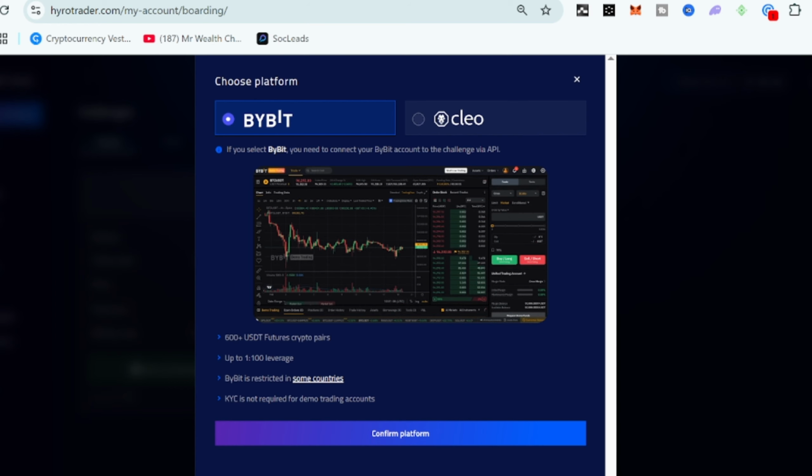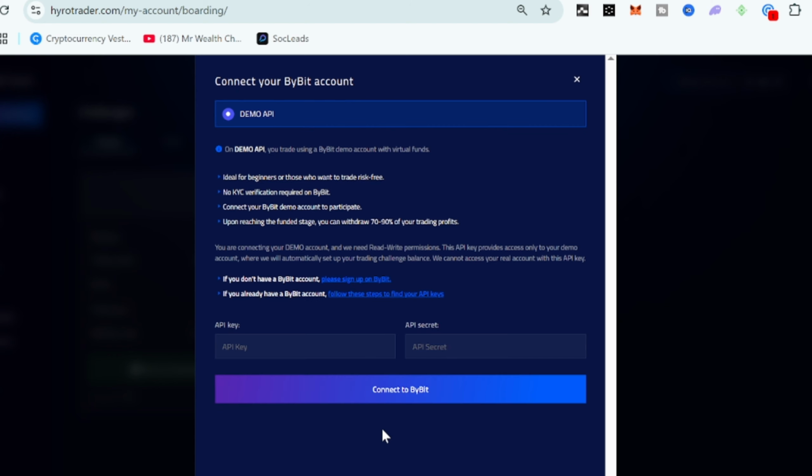It's going to bring me to this interface. Looking right here, you can link your Bybit account if you're in Nigeria and all the third-world countries. But if you're in another country where Celio works very well, you can use Celio. But I'm going to be using Bybit basically because Bybit is generally used by everybody right now. Once you're done with that, the next thing you want to do is hit confirm platform, and then go ahead and connect your Bybit, and you're going to be using a demo API,